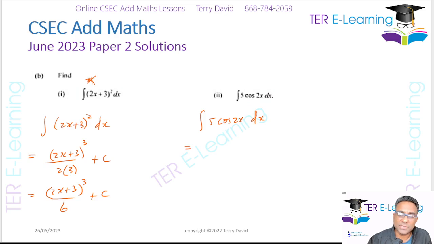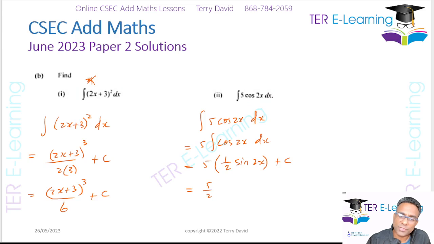So again, this is also a formula here, right? What you can do, you can pull out the 5 here and then integrate the cosine 2x if you want, right? In which case, this is going to be 5. Now the integral of cosine is going to be sine. So this here is going to be 1 over 2 sine 2x, right? Plus c. So this is going to be 5 over 2 sine 2x